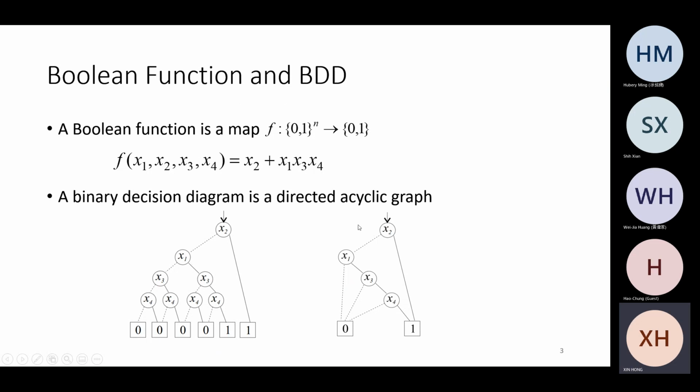This is a binary decision diagram, and you can say a classical circuit can be represented by a Boolean function, and this binary decision diagram is just to represent this Boolean function. From here, you can see the dotted line as a logical and, then the solid line as a logical and, and then you can translate this binary decision diagram as x2 plus x1 and x3 and x4, and